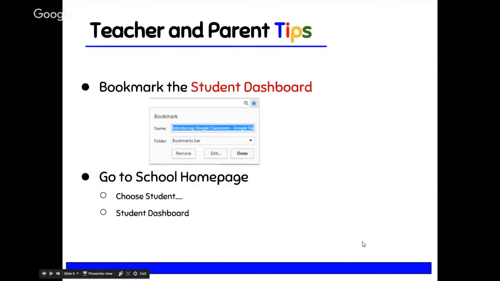Some tips for parents as well. You may want to, as a teacher, bookmark that student dashboard as well, because for staff in Spotsylvania County, our homepage is the staff dashboard, not necessarily our school's student dashboard. So to make it a little easier to get to, if we're using that site pretty frequently, you can go to the top right-hand corner of your screen while logged into Chrome, click on the star, it becomes blue,